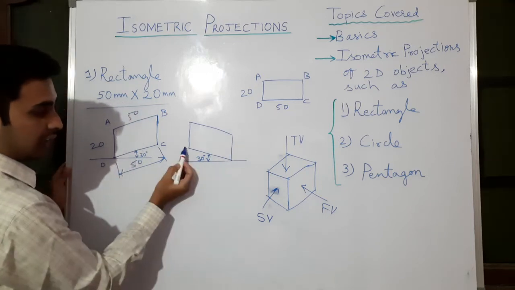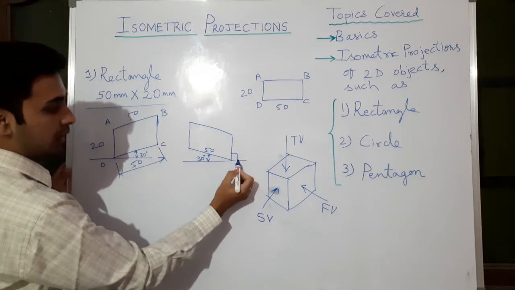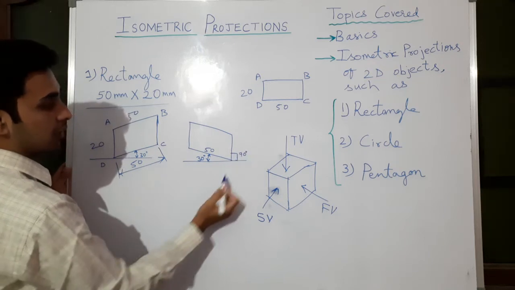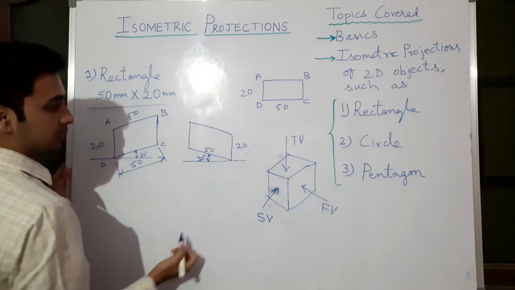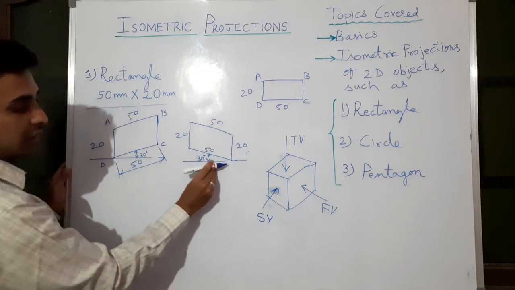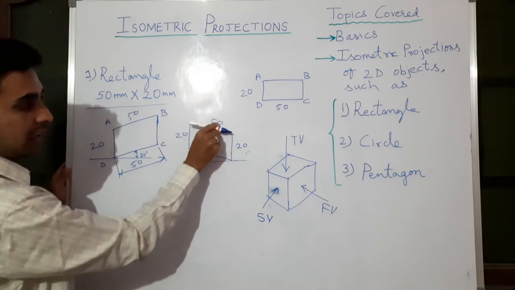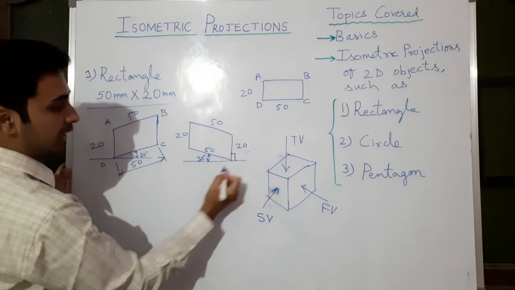Okay, this is a 30 degree, 50 mm long line, straight vertical; here it should be at 90 degree. So this one is how much? 20, whereas this is 50, this is 20. This is 30 inclined, this and this are parallel, this is a vertical line, these two are parallel to each other, here it should make 90 degree.